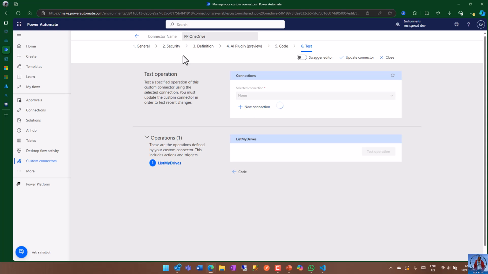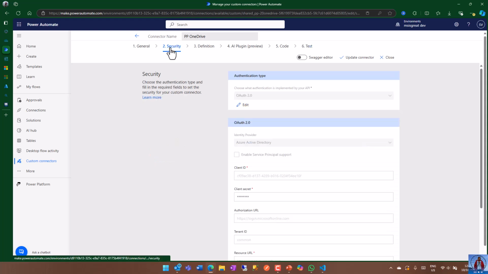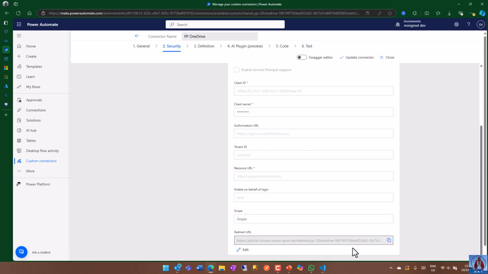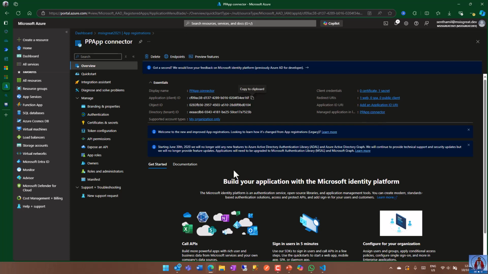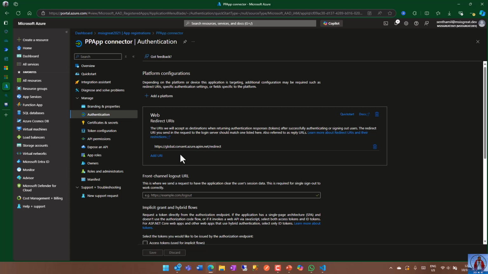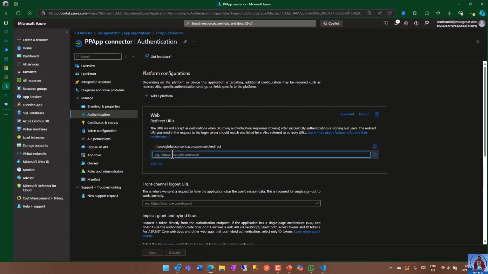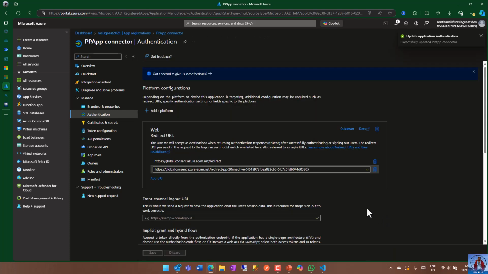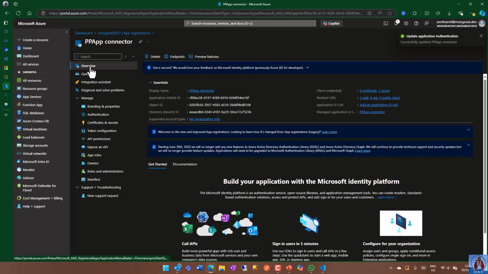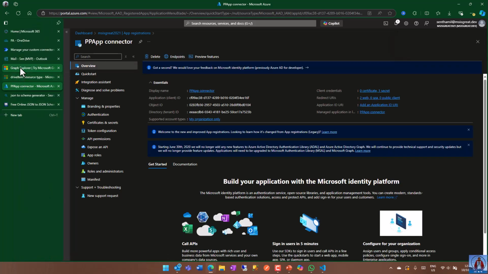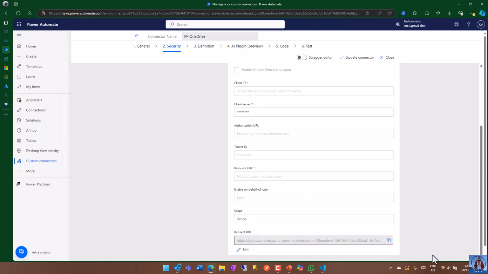So what we should do is that we should go back to the security and copy this redirect URL. So once you copy this redirect URL, go back to your app registration in the Azure, click on the web and add another URL. Okay, so add this and save it. Okay, so once it is saved, give it a minute, then go back to your custom connector,